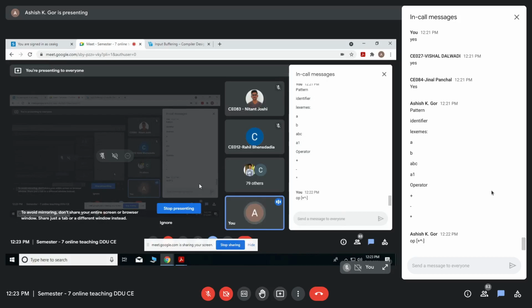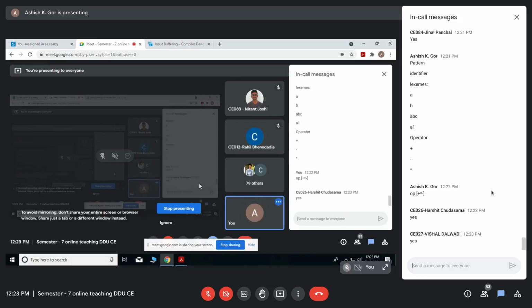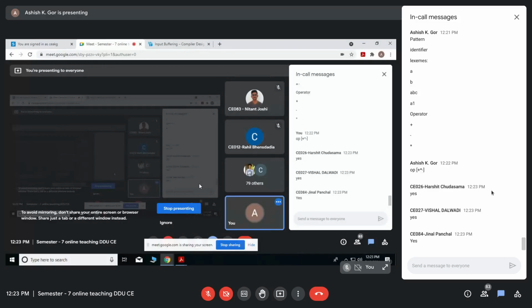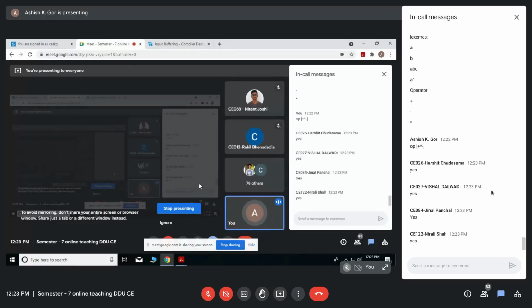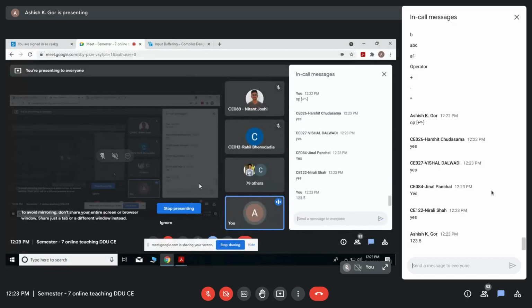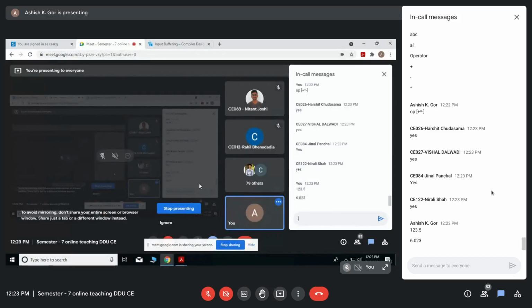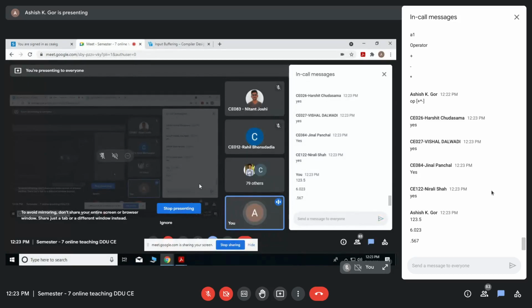Are you getting what I'm trying to say? Yes. Okay. So in one word, what is a lexeme? The set of strings which match the pattern are called the lexemes. For example, 123.4 is one lexeme, 6.023 is another lexeme, 0.567 is another lexeme.